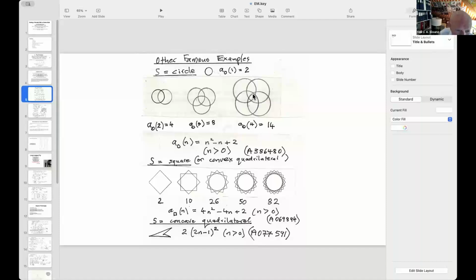If you have 4 circles, you can only get 14 pieces. And the formula is n squared minus n plus 2. And that'll be a simple example of the method later. If it's a square, you put down a square cookie cutter and you get 2 pieces and so on. And again, the rule is you maximize the number of intersections between existing